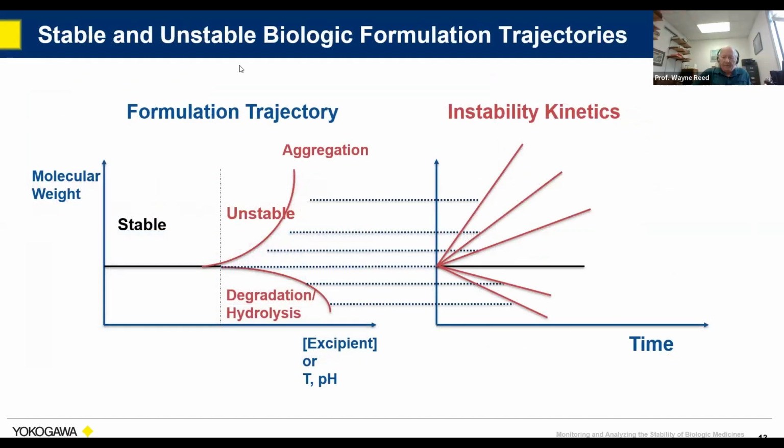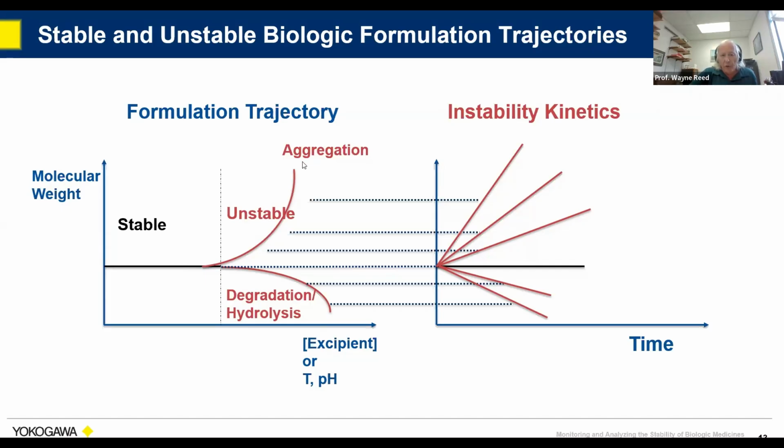Okay, so tying it together, when we have stable biologic formulation versus unstable, what we can do is talk about a trajectory. That trajectory could be a temperature ramp. You're going up, it's stable, and then it goes unstable. It might go up or it might go down. We could be doing this as a pH scan, or we might be putting in excipient. And we're basically looking, oh yeah, nice, stable. We see this whole regime is stable. That's good. You can do a formulation there. But then once you hit these regimes, it goes unstable.